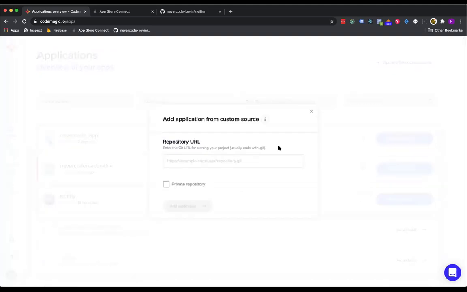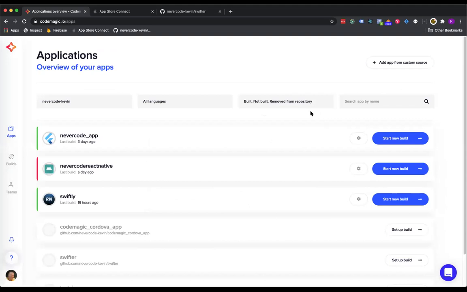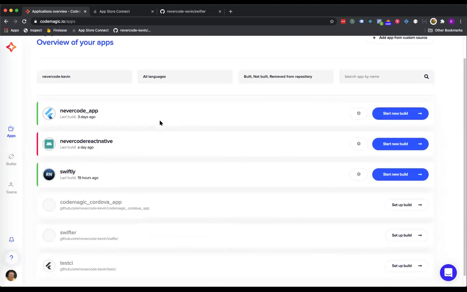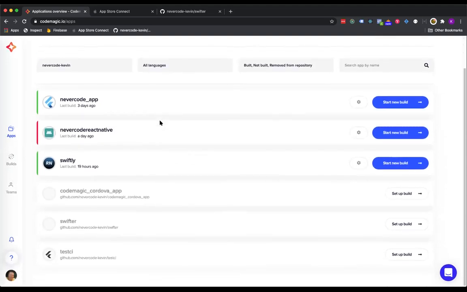I'll just click in there quickly. We'll be able to provide a URL, say it's a private repository, and add some SSH keys, but that's not the topic we're going to discuss today. What we're going to be doing is just showing you how to build an application. So I've already got a Swift application that I've built in Xcode and pushed up to my GitHub repository, and